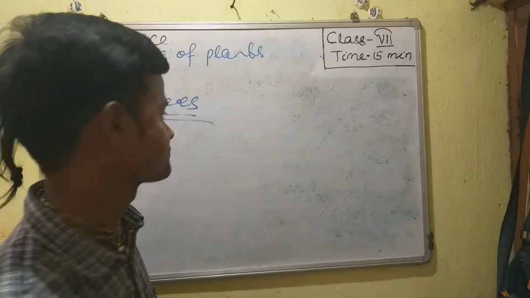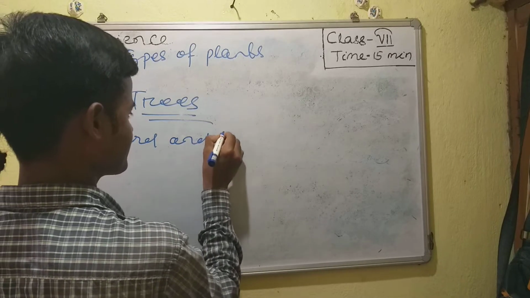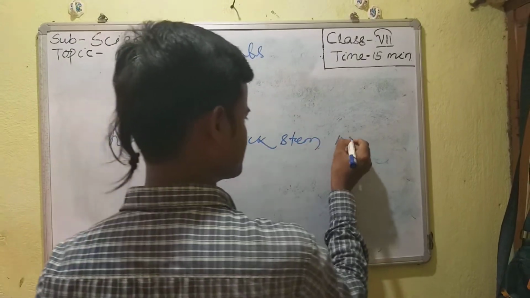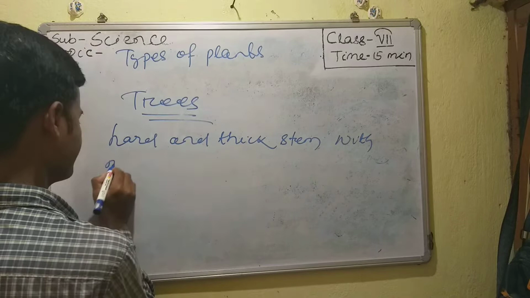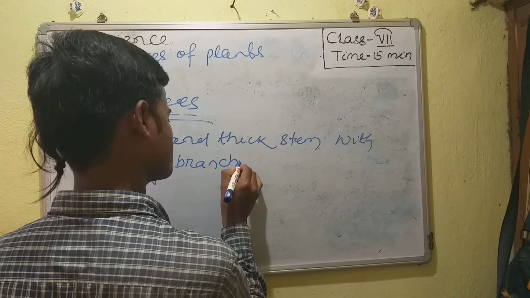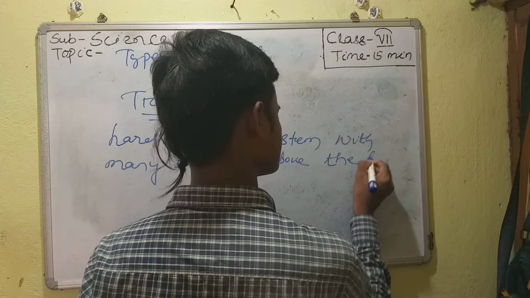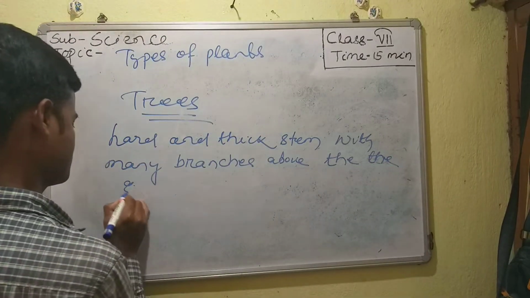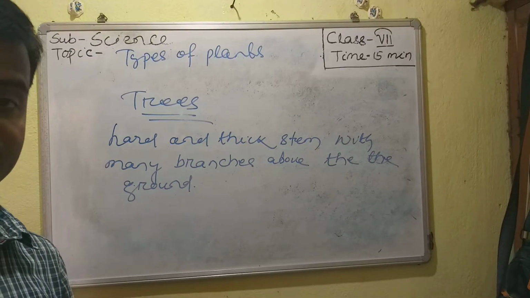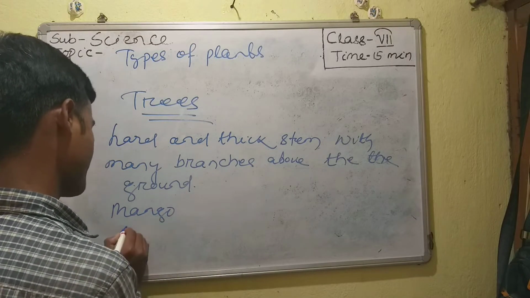So trees are plants which have a hard and thick stem with many branches above the ground, right? I hope you must have seen this type of plants in your surroundings, that is mango, banyan,